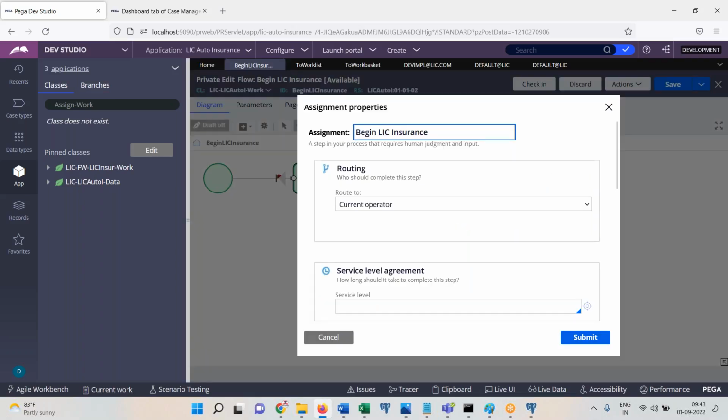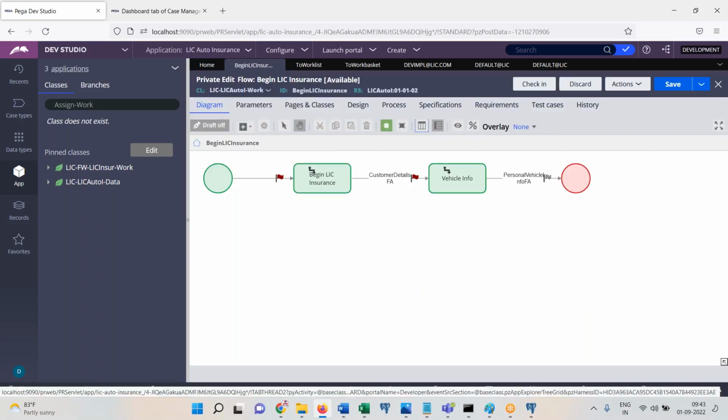If you double click on assignment sheet, route to operator you know, route to work queue you know, then what is route to current operator? What is the meaning of current operator? First I'll explain you, just try to imagine yourself, and then later I'll show you the diagram. Okay, imagine